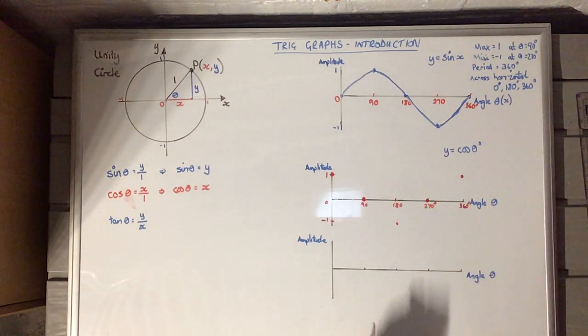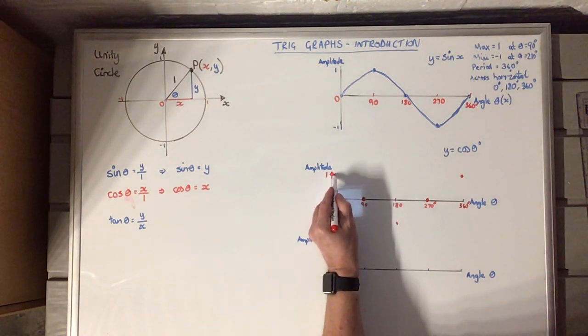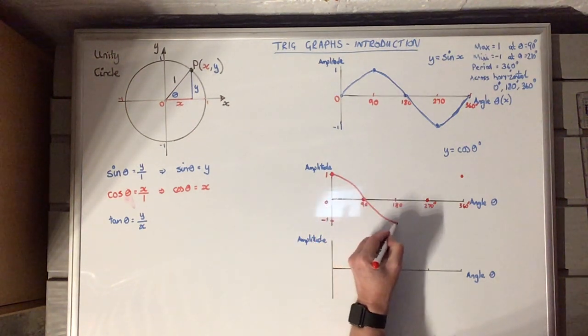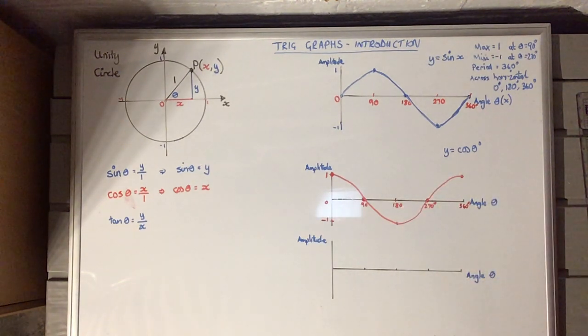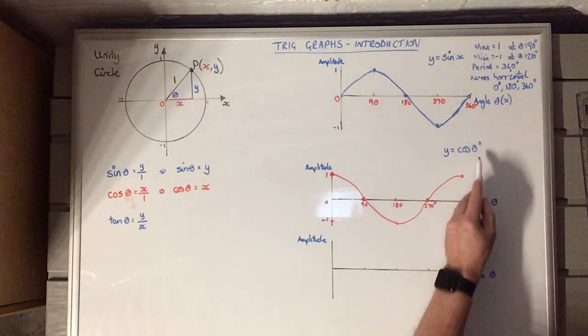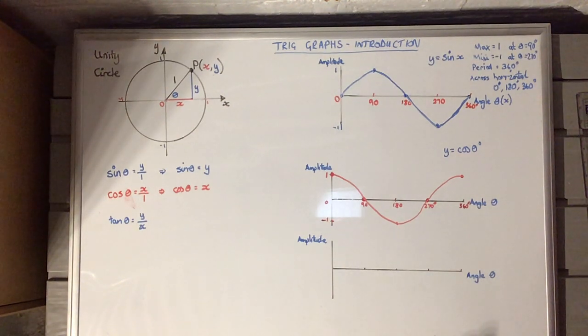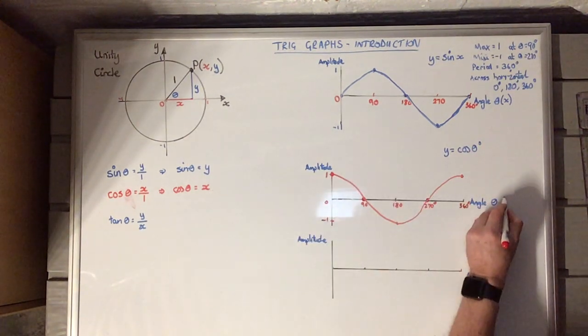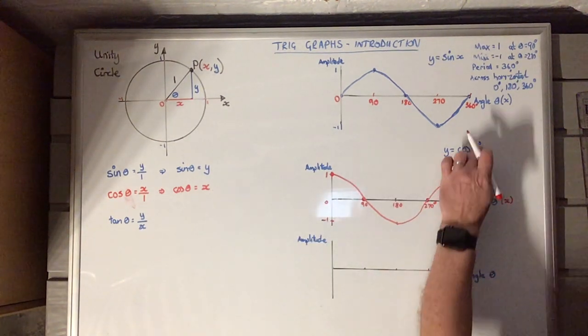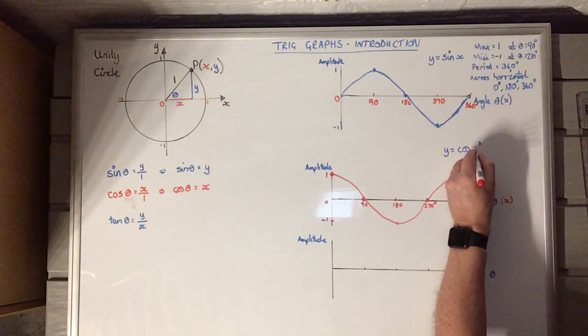So what shape does that look like? Well, let's hope I can draw it. Not too bad. It goes like that, around here like that, and back up here. So it looks something like that. So that's your y equals cos theta. Again, not to be confused with this x, but in textbooks you tend to see theta named as